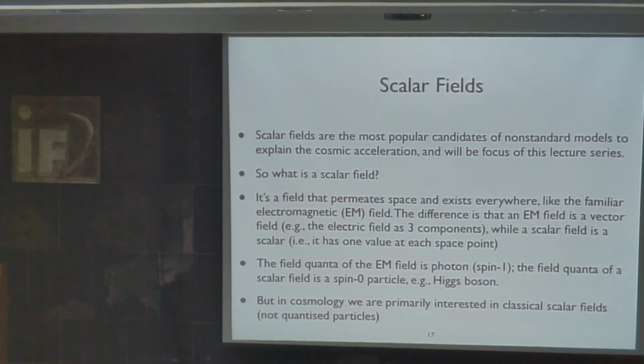This is the Hu-Sawicki model? It doesn't matter. Hu-Sawicki is just one example. You can have, for example, the Starobinsky model or some other model proposed by other people, and they are qualitatively similar. But the computations there were for a particular model. Sorry? The plots there were for a particular model. Yes, that's right. The parameter is for this specific model, but a different model may have a slightly different parameterization. But the same behavior. Yes, actually they can be parameterized in a unified way, but I don't have time to talk about that here. We can talk later if you like.